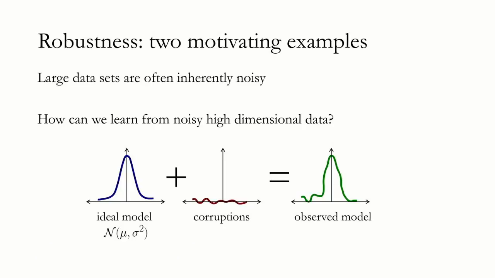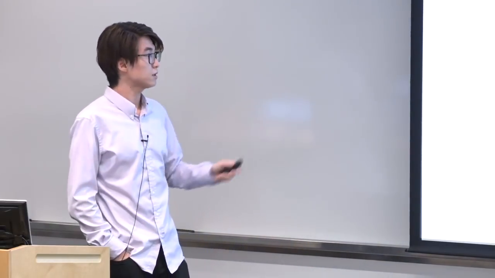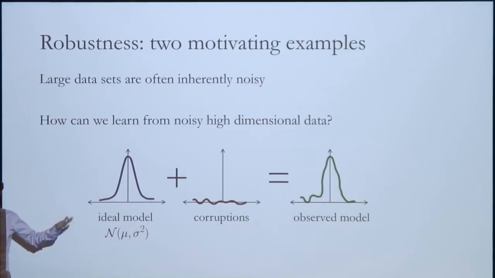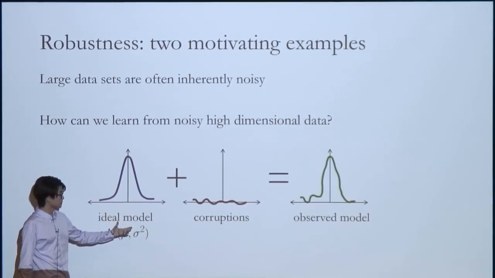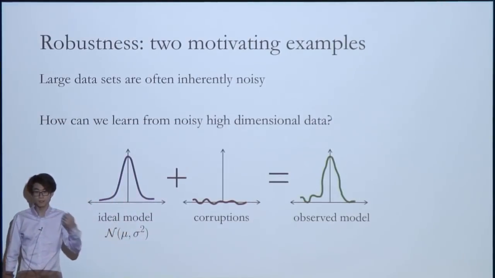Okay, so at a high level, what's happening is that these large data sets are often inherently noisy, and the fundamental question is, how do we learn from this noisy, high-dimensional data? The cartoon picture is that you have some idealized model of data that you assume your real data is coming from, like a nice Gaussian, say, but you don't get access to this model because your actual training data is your idealized model plus some sort of corruptions, either due to systematic noise or because of truly adversarial